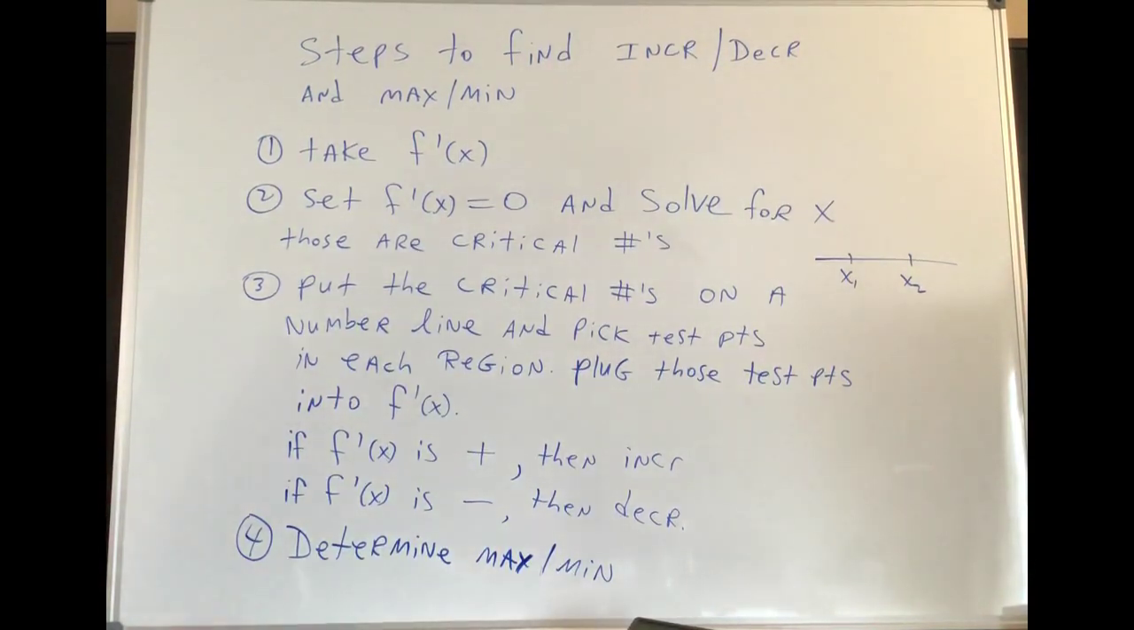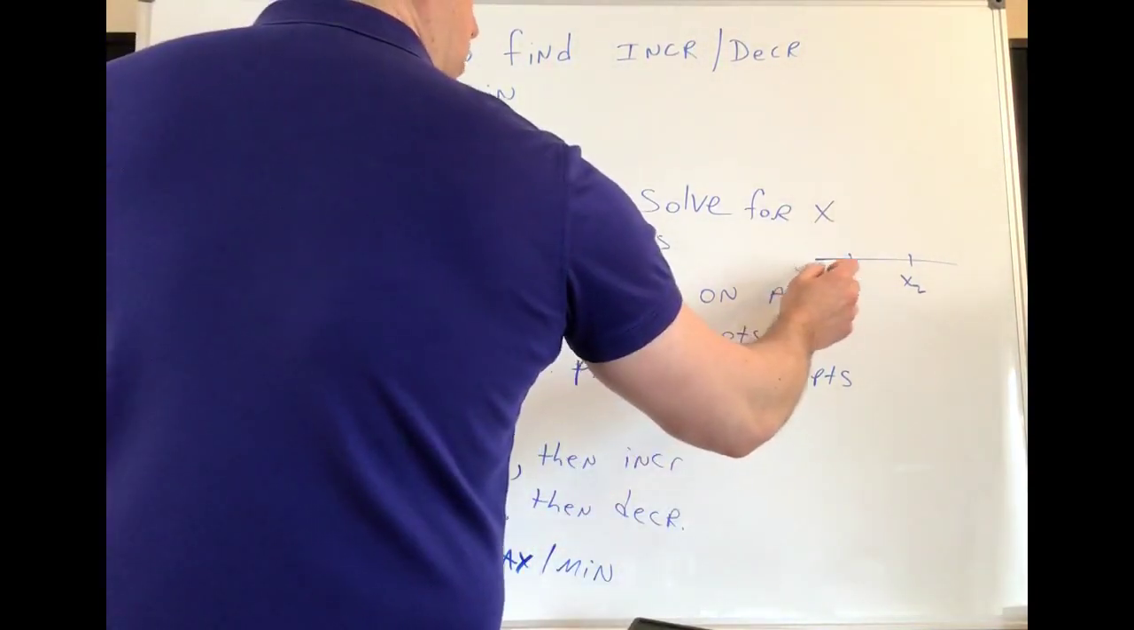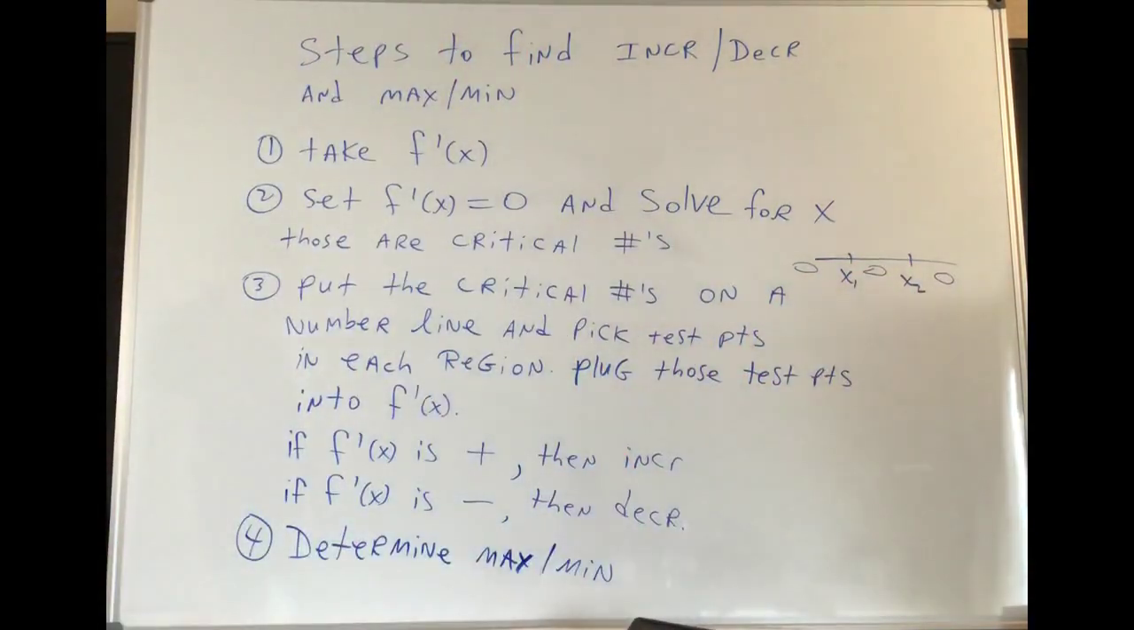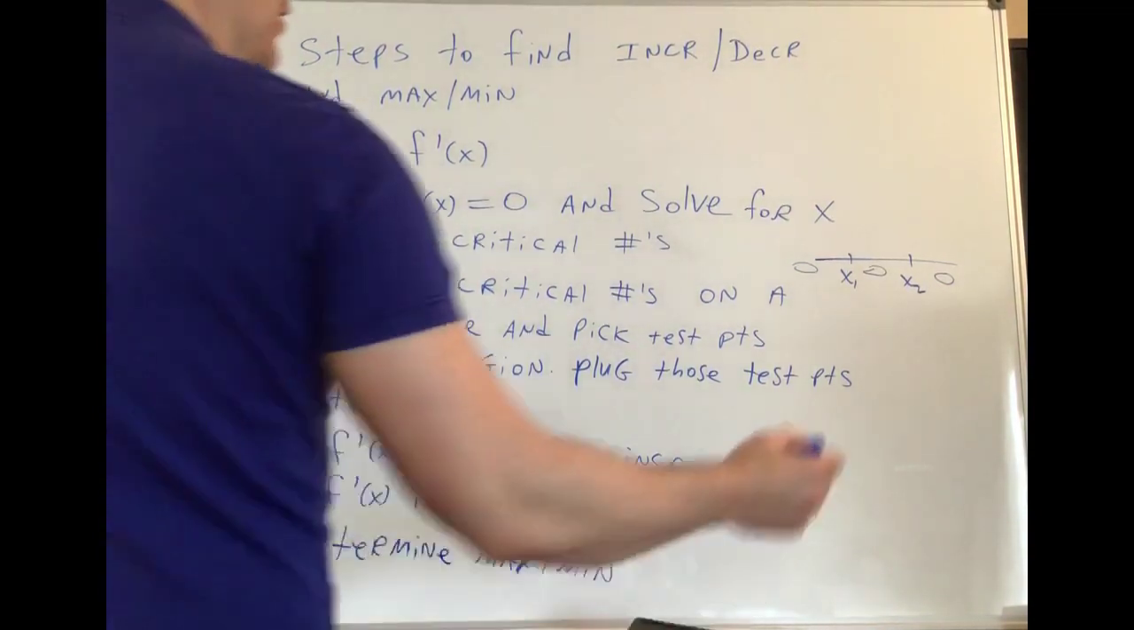I want you to pick a test point in each region. You pick a test point here, here, and here. Those would be your test points. Where do you plug them? You plug them into the derivative. If you plug them into the derivative and you get a positive,